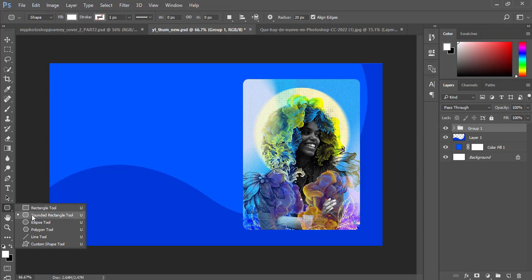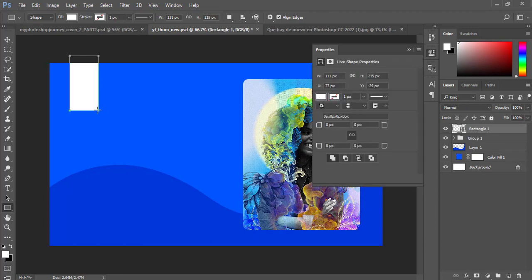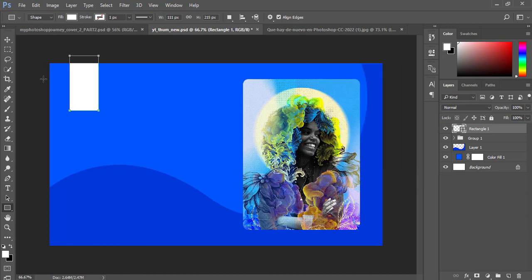Choose your rectangle, not the round rectangle. Choose rectangle this time, and go to your working area, and draw something like what you saw there. Okay, something like this. Now after drawing it,